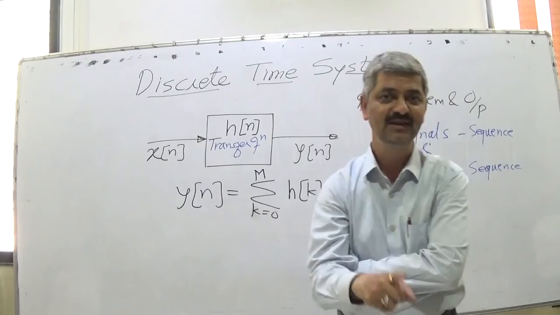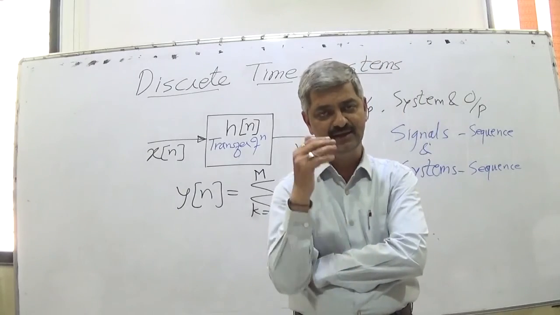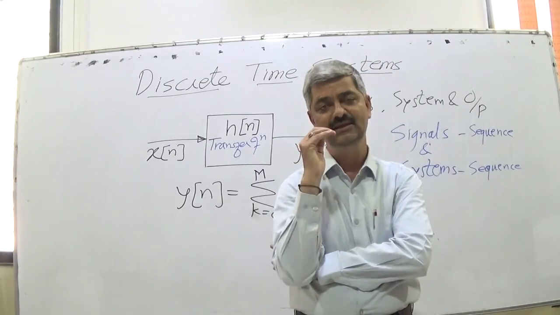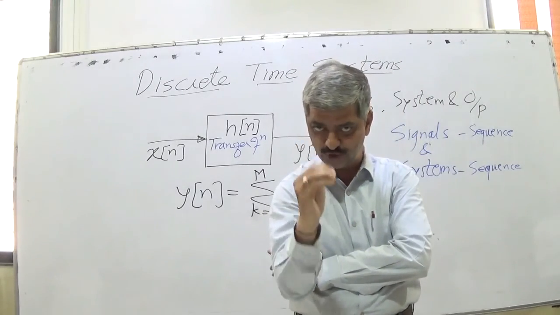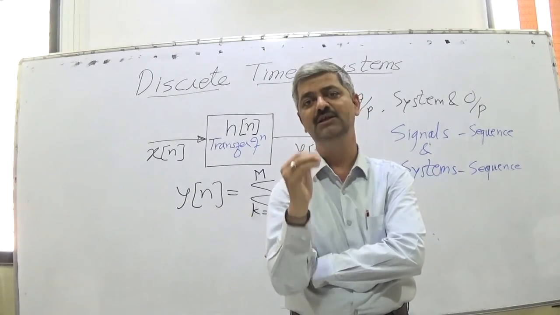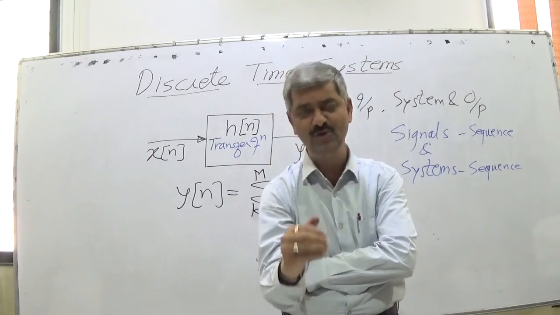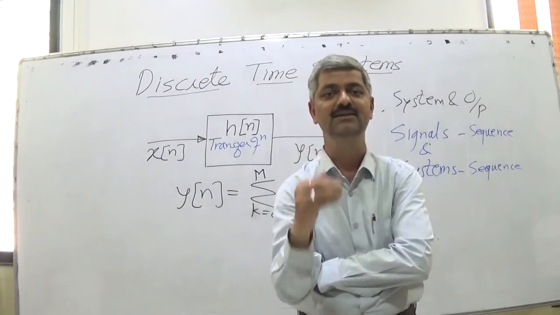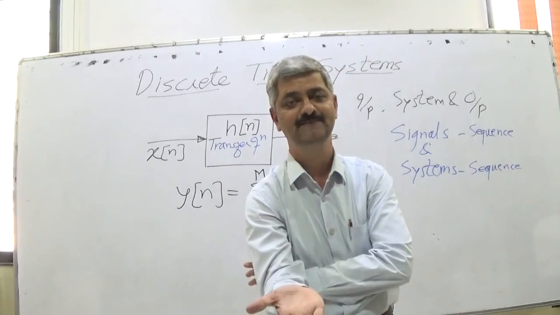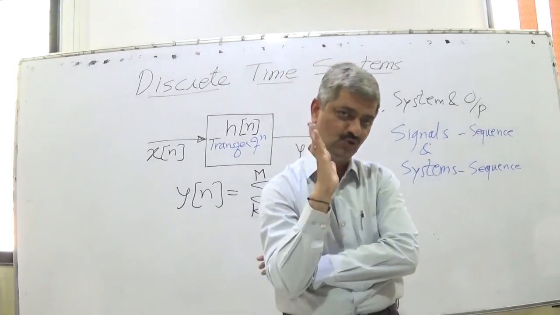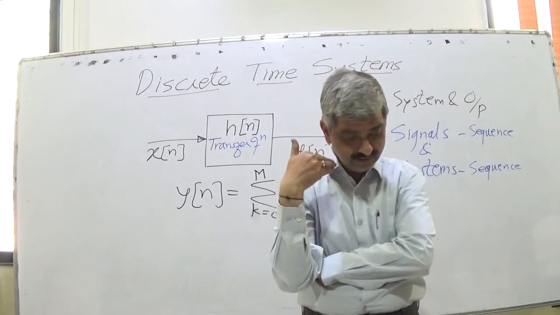What is h[k] or h[n]? It is the proportion with which the input sample received k samples ago is contributing to the current output sample. Right? So, if